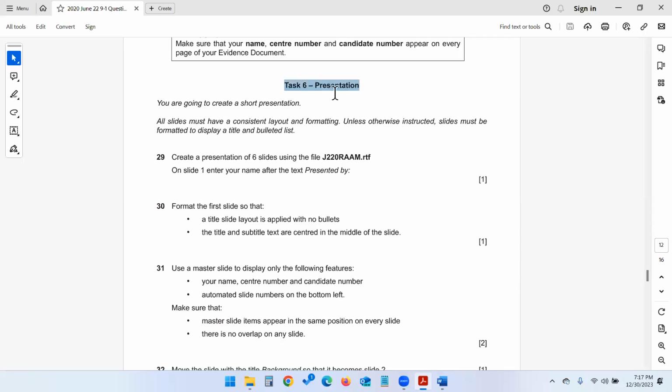Okay, so we move on to task number 6, which is to do with presentation. Over here it says you are going to create a short presentation. All slides must have a consistent layout and formatting unless otherwise instructed. Slides must be formatted to display a title and bulleted list. Okay, so create a presentation of 6 slides using the file